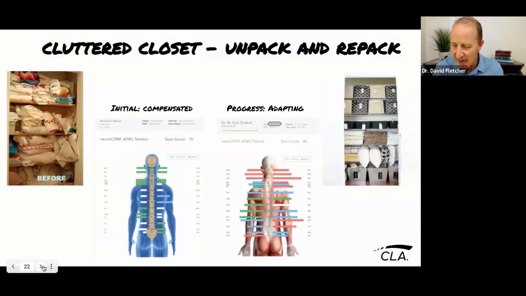Now, one of the things that I instituted when I started to teach the clinical application of EMG was to really understand what I created, which was called the cluttered closet phenomenon. And I want to really focus on that because there's a little bit of a misunderstanding when it comes to good and bad in scans. Many times when we do an initial scan, 2 things happen: the patient doesn't see the problem on the scan of where their pain pattern is. And I think I've talked a little bit about that.